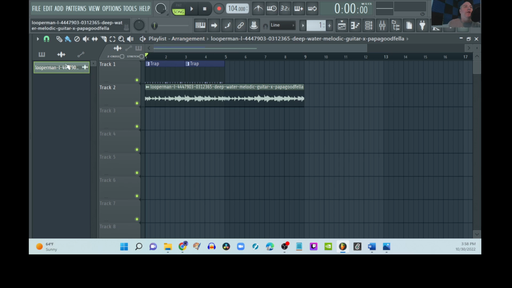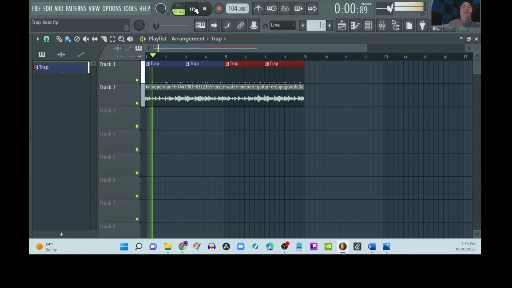On the left, we don't see the trap anymore. We have to go to this icon here, which at the top says Picker Patterns. Now we have our trap, and we can click and drag and paint in a few more of those. So now we have enough trap to go all the way to the end of this loop. Okay, so that could work. Let's make a little change to this. So let's go in and